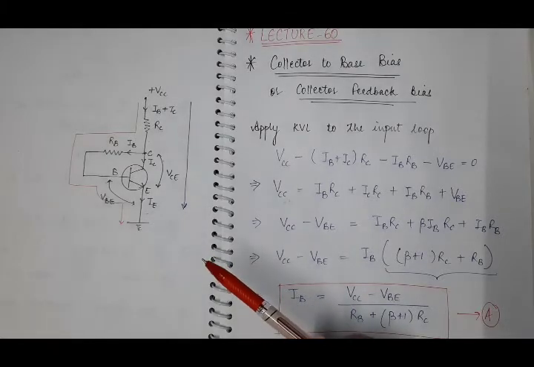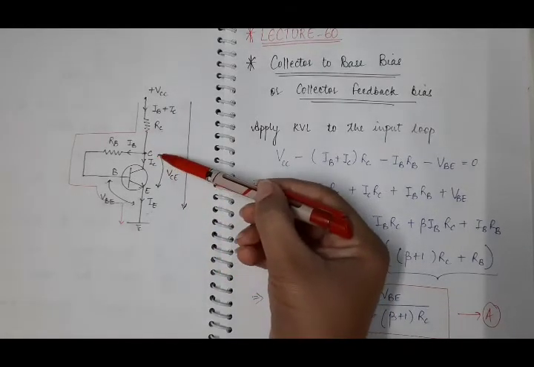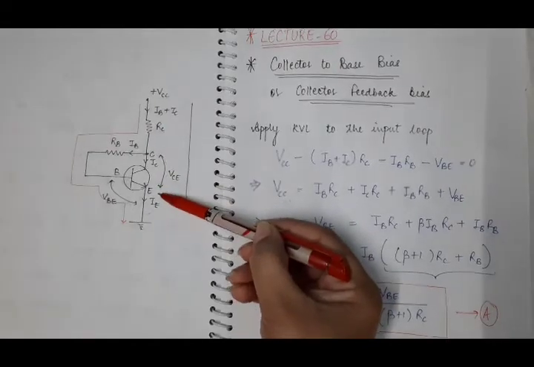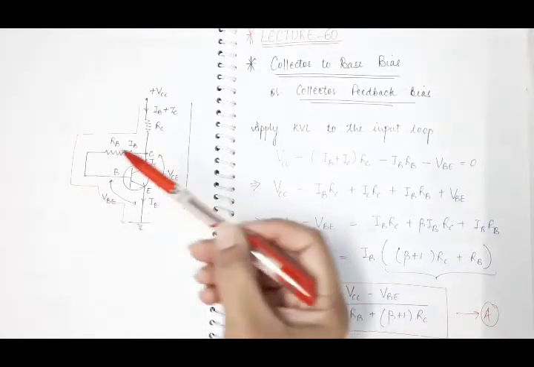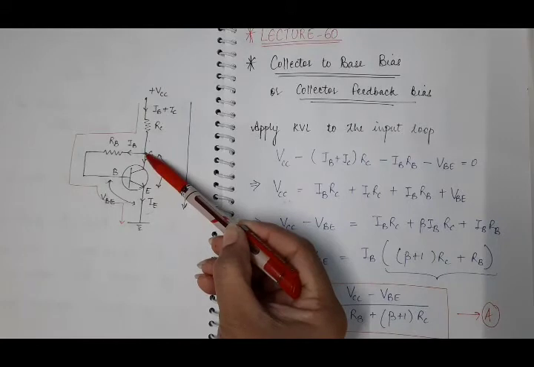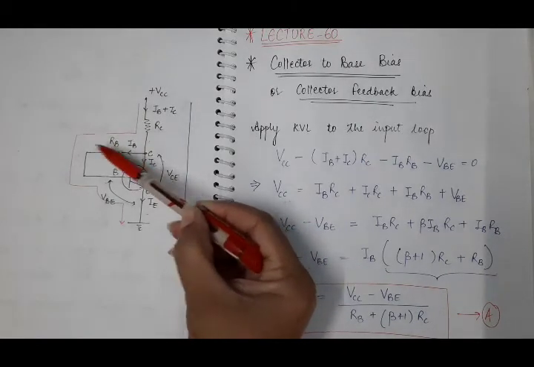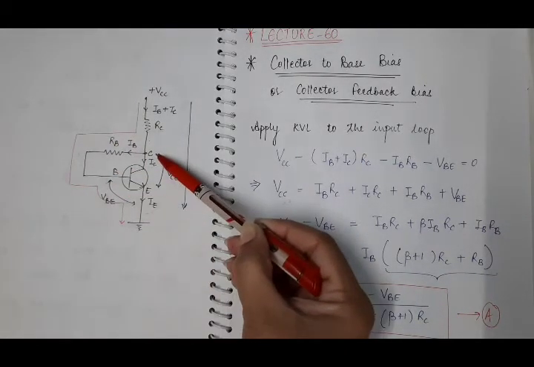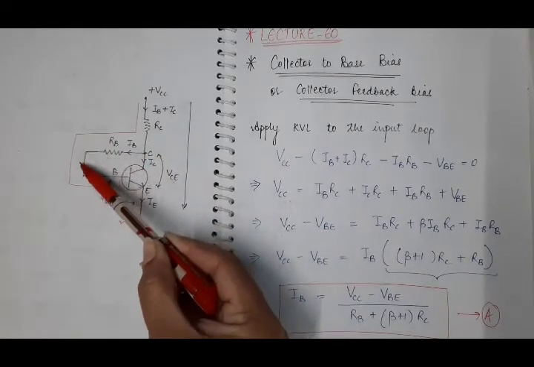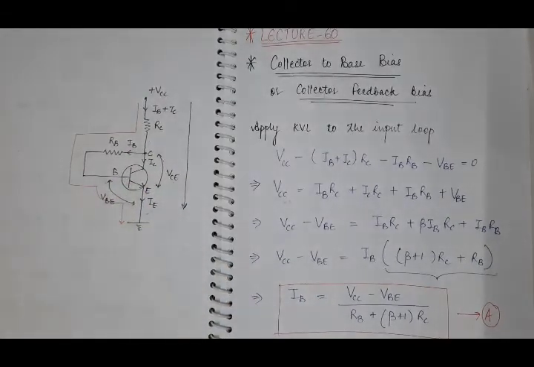And that AC signal will be collected at this collector emitter terminal. Because of this connection of collector through RB to this base, a part of that AC signal will act as a feedback to this base terminal. And we know that in a common emitter amplifier, the output is 180 degree out of phase with the input. Means it will act as a negative feedback.